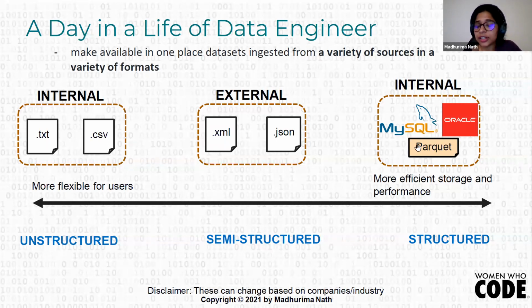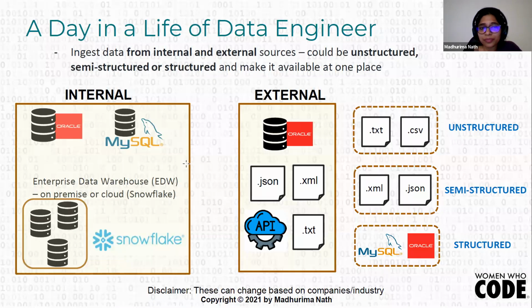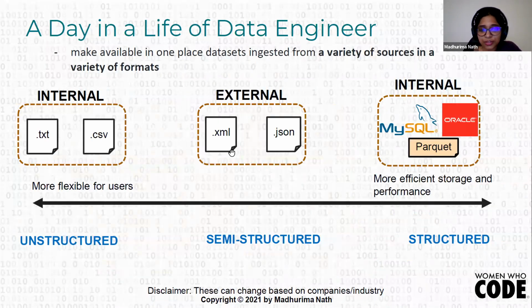However, Oracle databases or Parquet format are extremely efficient in storage and performance-wise. So XML and JSON are somewhere in between. If you're aware of the structure and you know XML and JSON offhand, it's easy to edit. Otherwise, it's not as easy as just writing a text file. So that's the difference. The left side is more flexible and user-friendly, versus databases, which are more